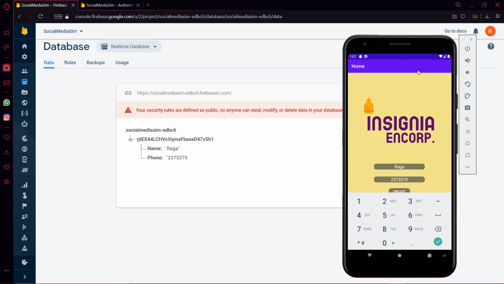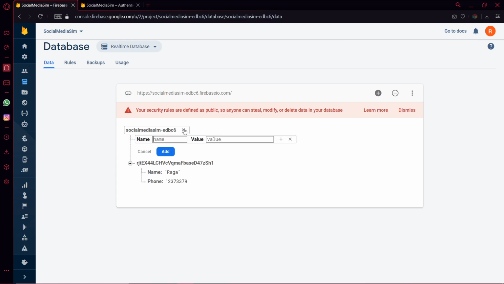As soon as this screen gets started, I would have to check whether my database reference has my unique identifier as a child. If it has my unique identifier as a child, it means that I would have already entered the data. Basically, you cannot enter something with a null value. If you are entering something with a null value, Firebase will never have that thing.